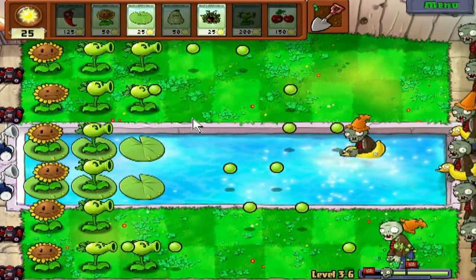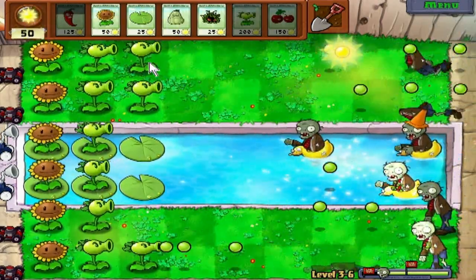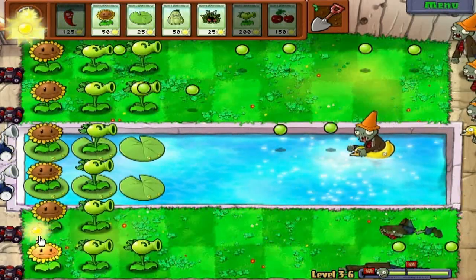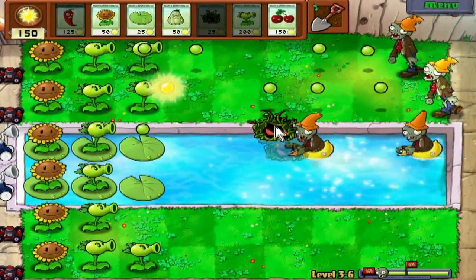That is, if the offensive plants you currently have out are not going to take care of it alone, which chances are they won't, because those things take a lot of hits, given that it's a piece of machinery. So it only makes sense that having jalapeno would be extremely important in those levels. And we're going to use some kelp and...